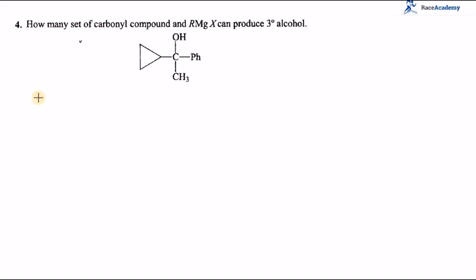See this question. How many sets of carbonyl compound and RMgX can produce tertiary alcohol? So this is the tertiary alcohol. So you know what is carbonyl carbon. This is carbonyl carbon and RMgX. So how many such sets should be prepared to give this kind of alcohol? Suppose on seeing this one, after